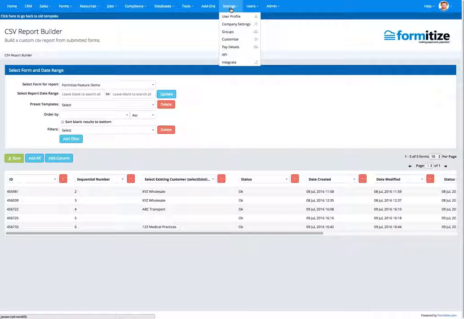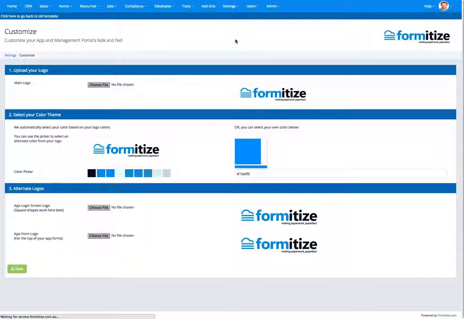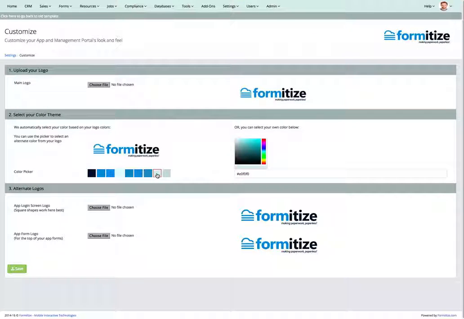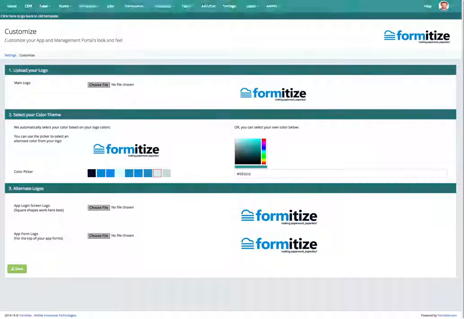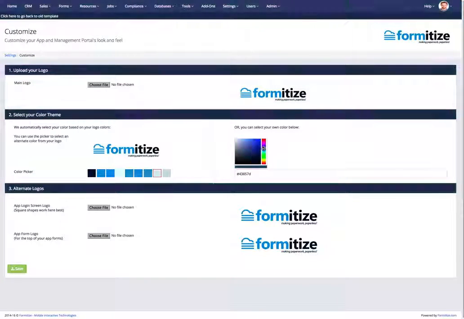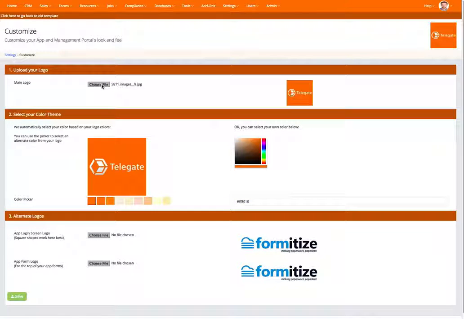Okay, very quickly in the settings, all the typical things that you'd expect for settings. I really like the customize one, where you can customize your own portal and your own app. So when you upload your logo on registration, it will automatically do a color analysis and will decide on the color of the portal for you. You can very easily change that by selecting a different color within your color range, or you can move across onto the color palette and select whatever color you want. Okay, if we grab an orange logo here, for example, and pop that in,